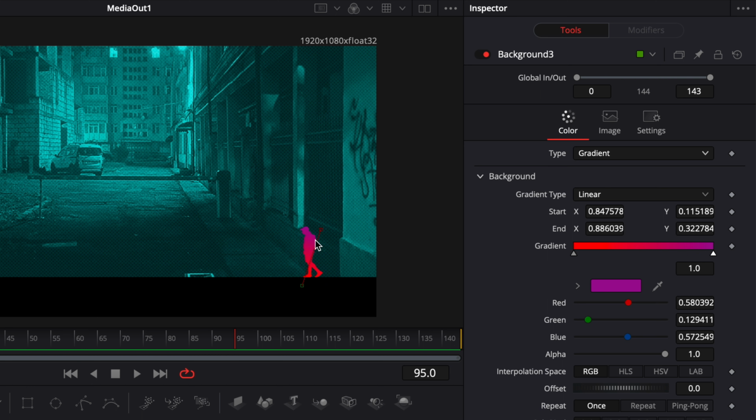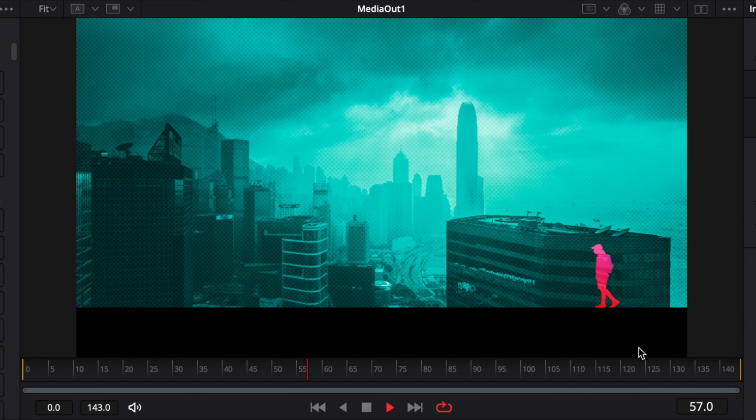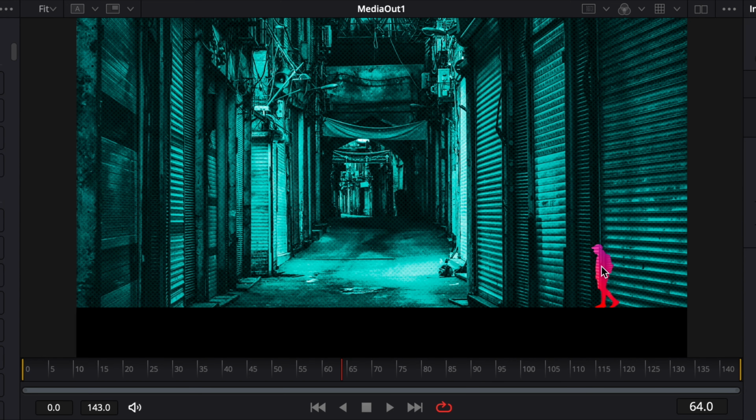I'm happy with this, but now because the background for now is solid, we don't see the footage behind it. So we're gonna need to reduce the alpha channel. So here I'm gonna bring the alpha channel down to maybe 0.5. And I'm gonna do the same thing here with the red and bring the alpha channel down to 0.5 as well. Now if I play it, I'm fairly happy with the result, but here it just looked too similar, the footage that is inside of the character and the footage that is the background footage.